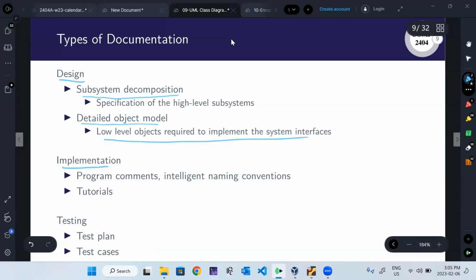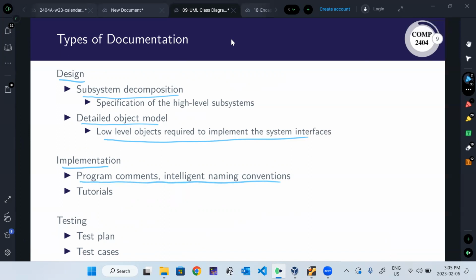When you're doing implementation, your documentation, program comments, intelligent naming conventions, tutorials, things like that. I really think in some cases you can get away with it. You can tell a lot of the story by using good naming conventions, right? So you tell a lot of the story of what's happening in your code by just giving good function names